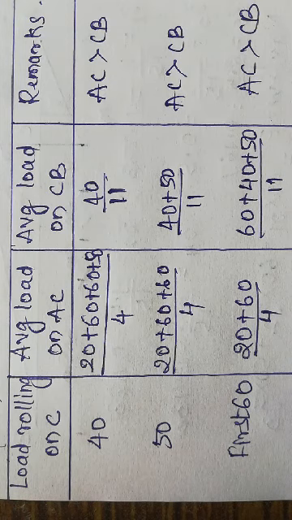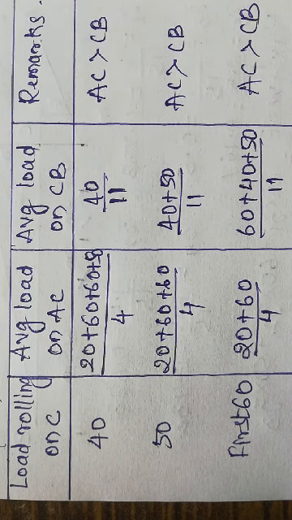Now next, let us calculate maximum bending moment at C. As we know, we have to find that load which converts the heavier section to the lighter section and the lighter section towards the heavier section. How do we do it? We allow one load after another to roll over point C and check the average loads in AC section and CB section, compare the values of them, and remark which section is heavier. And we do this on a trial basis till that heavier section changes to the lighter section.